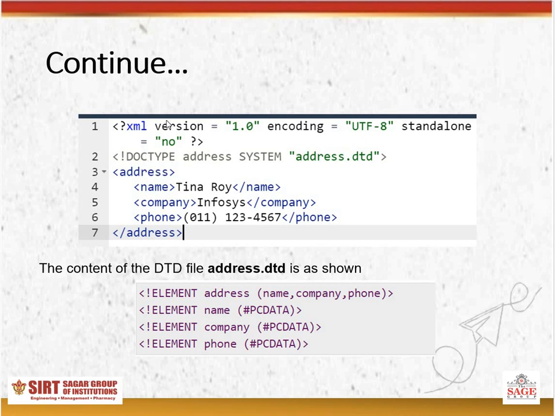Here again you are specifying the version and the standalone attribute is set to no. Now you have specified the delimiter, then the root element, then you are providing that your system contains a file named address.dtd and this file contains your whole document type definition, the structure of your definition. So your whole XML document will be validated against this particular specified file.